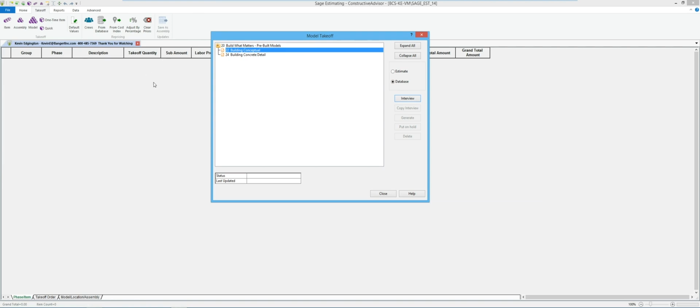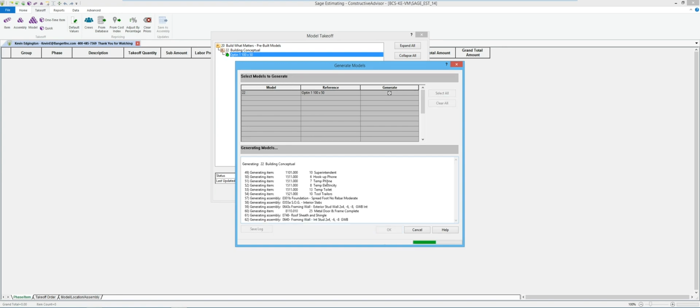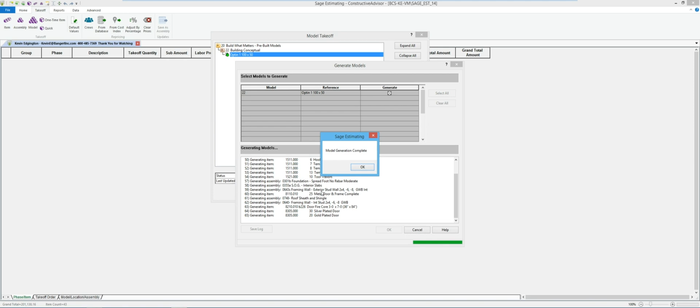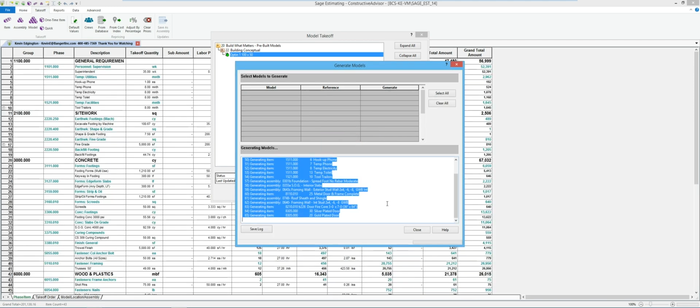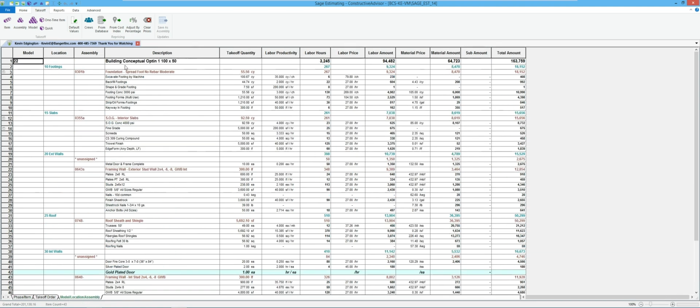So that was a blank estimate that I'd started with. I've done one model. If I generate it, that model had some general conditions in it. It's got some footings, interior slab, exterior wall, some doors for exterior doors, a roof on it. It's got some interior walls. It's got some interior doors and so forth. So it's generated all that in a matter of the few seconds that we were just looking at it there. And if I sort this by model, so there was my option 1 for the first option they wanted. There's my footings, my slabs, my exterior walls, my roof, my interior walls, all broken out separate.